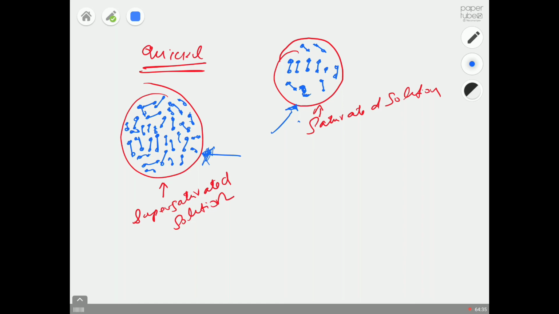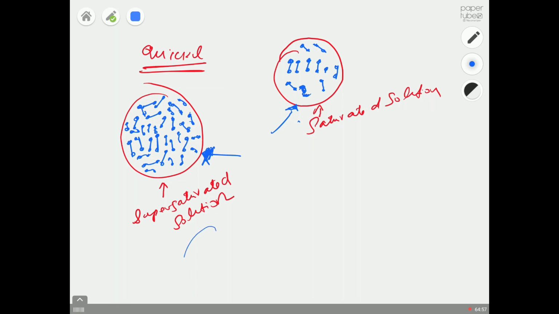You can call it a frustrated state, like so many molecules are confined into a small space. It's something like you are squeezing too many molecules into a small space. So they will try to come to a comfortable state, which means they will try to minimize some energy. And how they will do that is